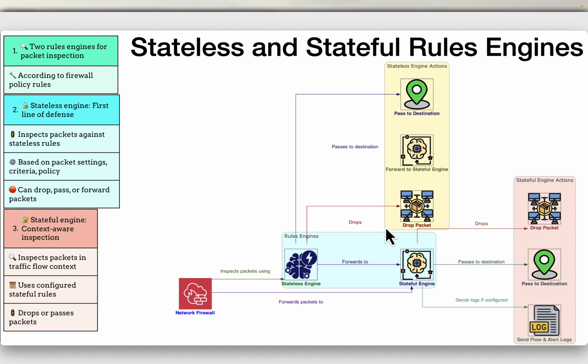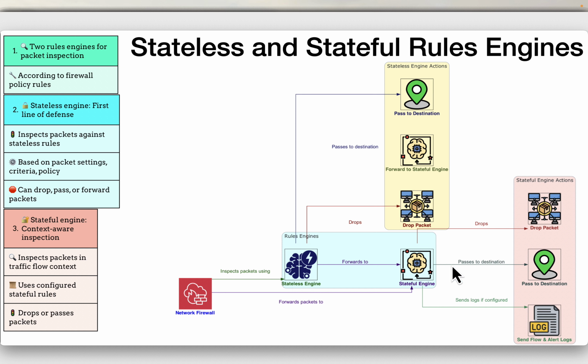Next is the stateful engine, which is a context-aware inspection. The stateful engine inspects the packet in the context of their traffic flow using configured stateful rules. So again, it either drops the packet or passes it to its destination, considering the overall traffic context. This is step one, then the stateful engine.